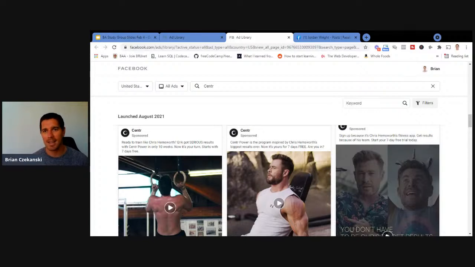So again, just using that celebrity status: if you've seen Chris Hemsworth and you want to look exactly like him, do I have to put a ton of Facebook ad copy in there? No, I can just mention that this is the app that follows Chris Hemsworth's training program. I can put a video or a picture of Chris Hemsworth working out and showing the results that he's been able to get. And if you click through this ad, it goes straight to the App Store where you can try out that app right away. And again, they have a free trial, 7 days free, taking away all that risk that is out there.